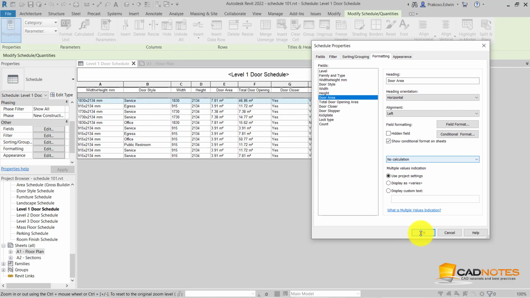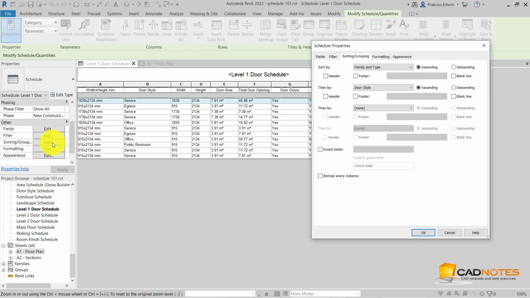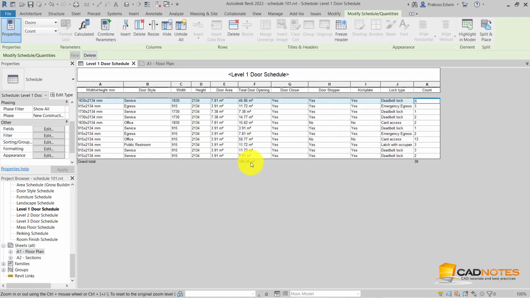Click OK. Okay, we haven't seen the grand total here yet, so to do that we can go to sorting and grouping and select grand total. We just want to show the title and total and click OK. Now we can see that we have the total door opening area and also the total number of doors.